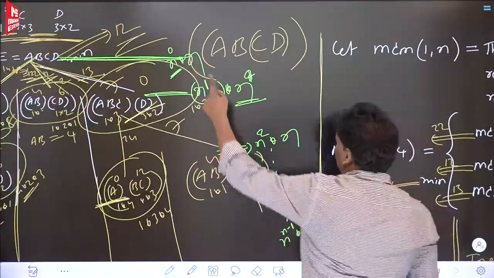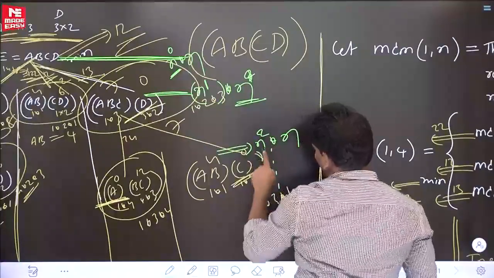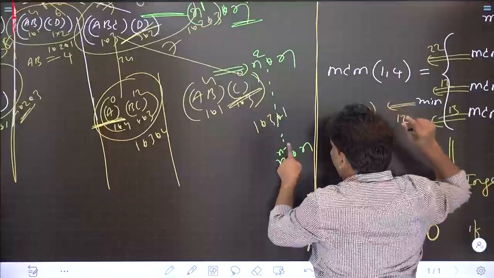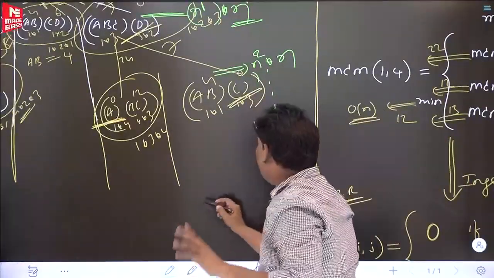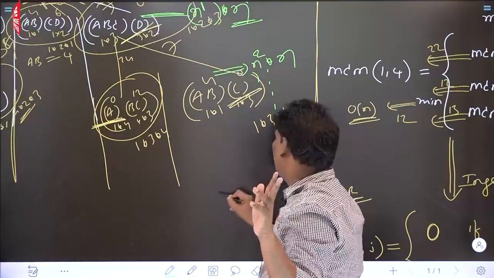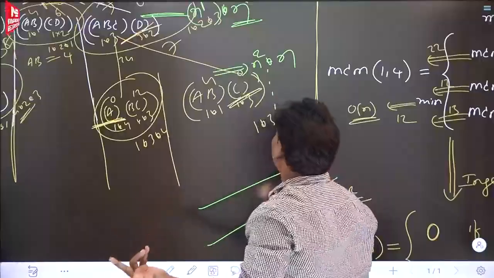First level function calls n power 0. Next level function calls n power 1. Next level function calls n square. Last level function calls n power n minus 1. Every function cost n, right? Previously we used to get a binary tree. Now we get an n-ary tree. Other than this, nothing else. If you add all, then the total cost will come.